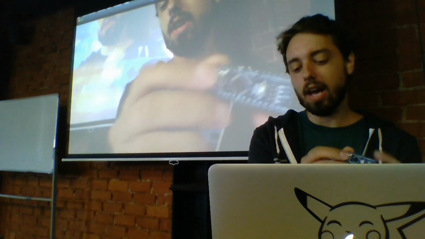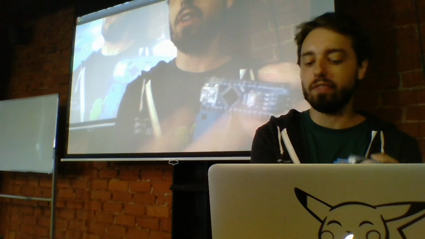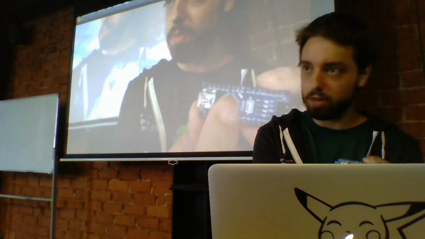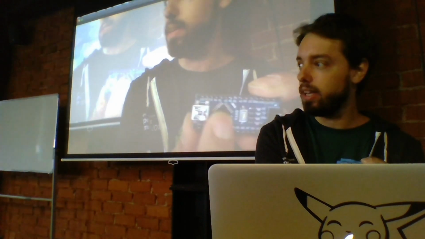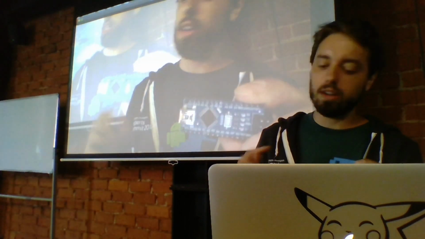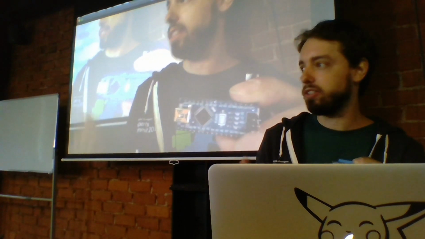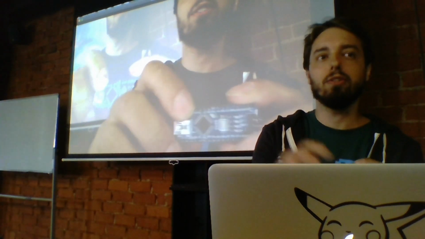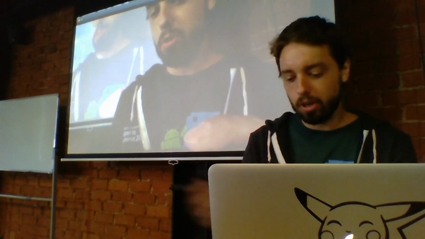So actually, this is the Arduino Nano. The Arduino Nano is composed of this black part, which is a microcontroller. This is the Atmega 328. It's a microcontroller, very, very slow. It's like 16 megahertz, so very, very slow, and 2 KB of RAM. So it's like very, very slow, not powerful, but very power efficient.